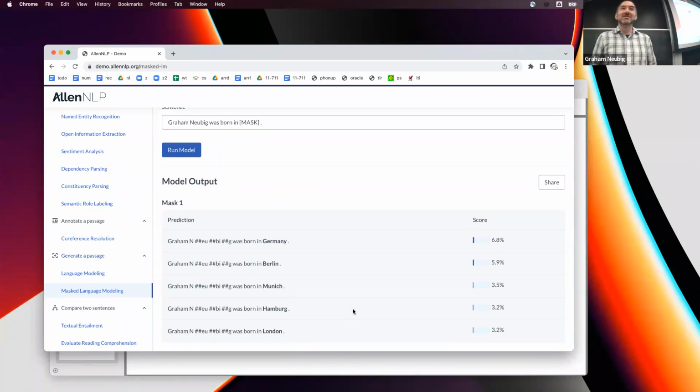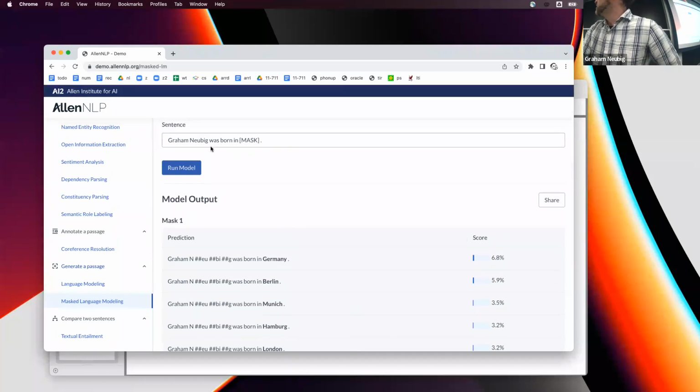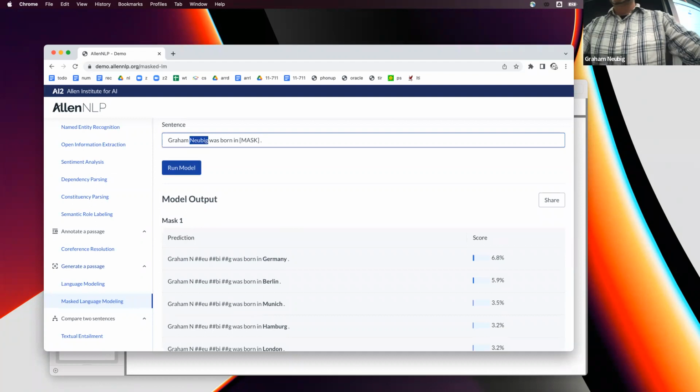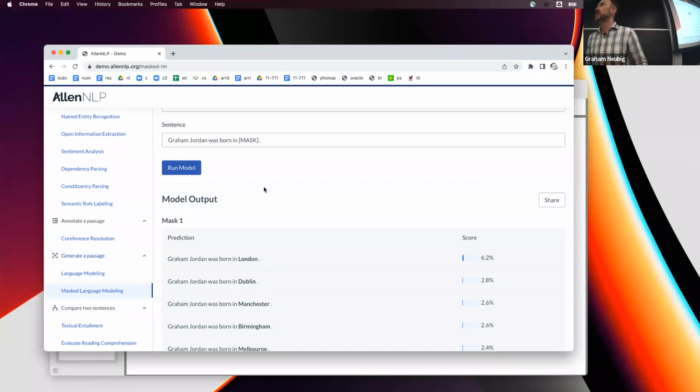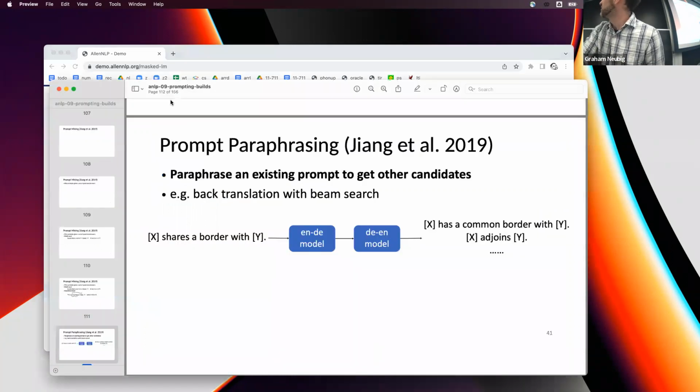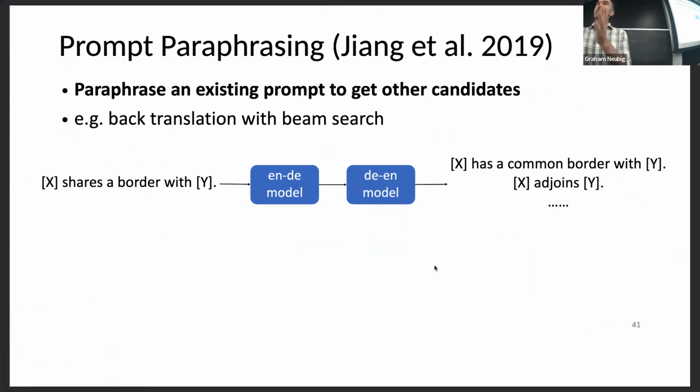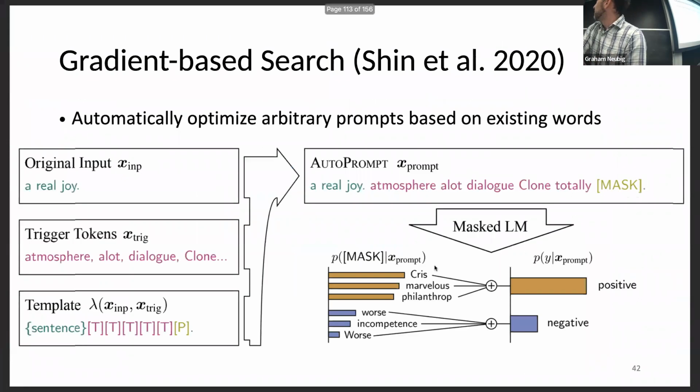Where are you actually from? I was born in Michigan. Yeah, there's a lot of Germans in Michigan. So it might predict Michigan more likely than the other ones, but you can see it basically, and then let me write Jordan, London. So you can see it's overfitting basically just based on the last name. It doesn't have any knowledge about where I as an entity was actually born. So yeah, anyway, interesting question.